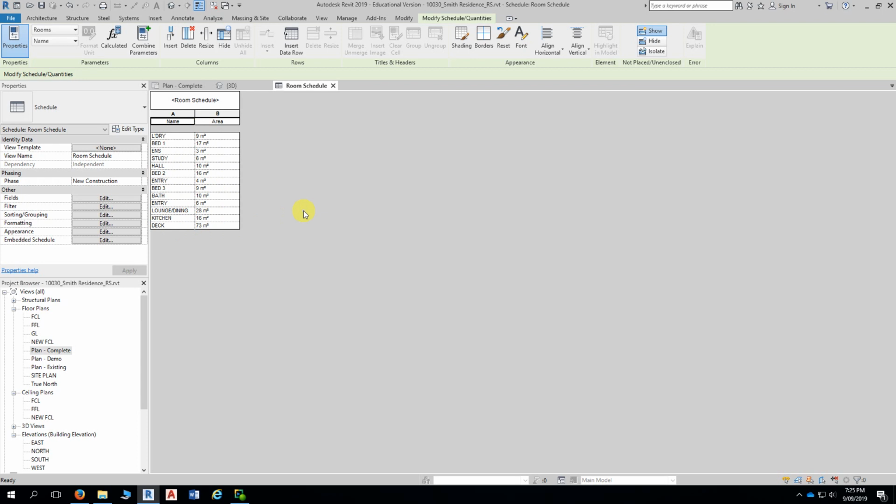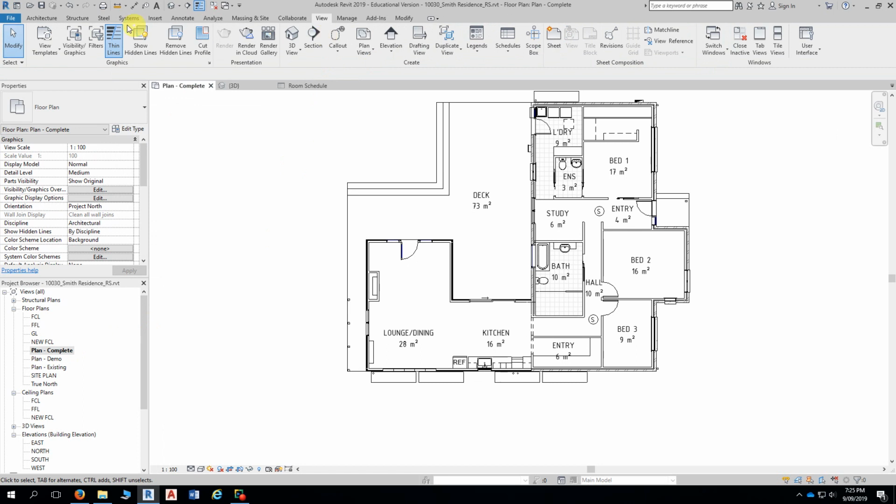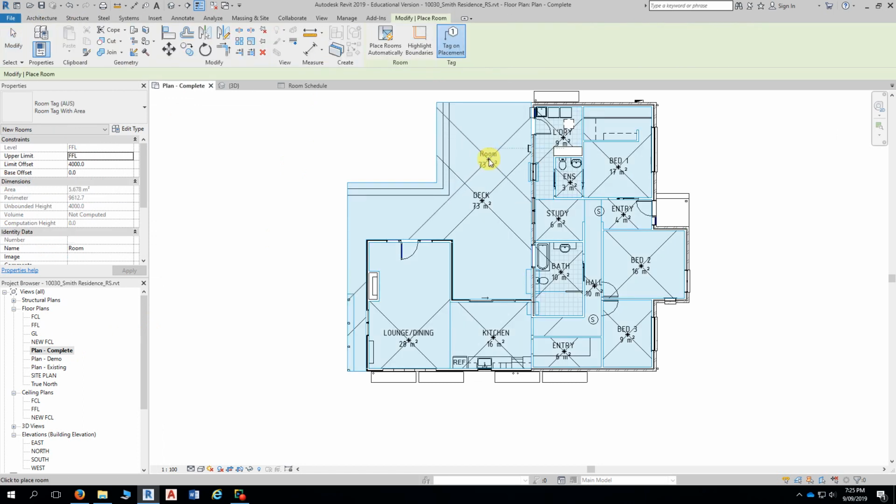Okay, because if you add a room twice, and you haven't named it, it's possible it will actually come up here and the list is unlisted. So, for instance, if I go back to my floor plan and I add another room here, in this space here,